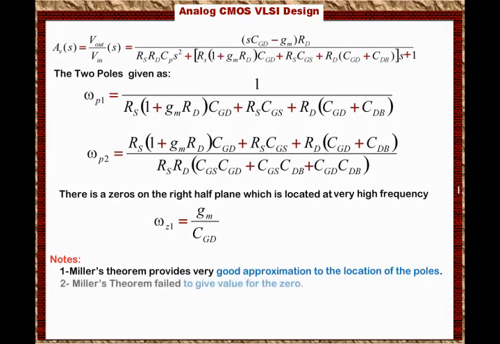However, Miller's theorem fails to give value for the zero. And that's something we stated earlier on in the previous slide. We said that Miller's theorem cannot or ignores the effect of the zero. Well, the zero is important. You cannot totally ignore it because there are situations where the zero got to be accounted for, especially in ultra-wideband